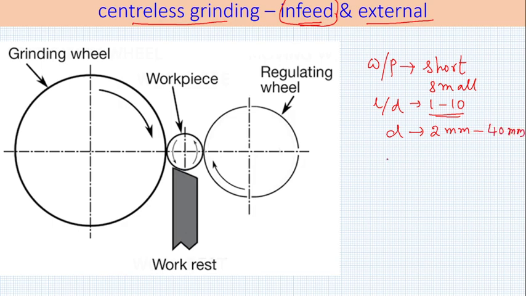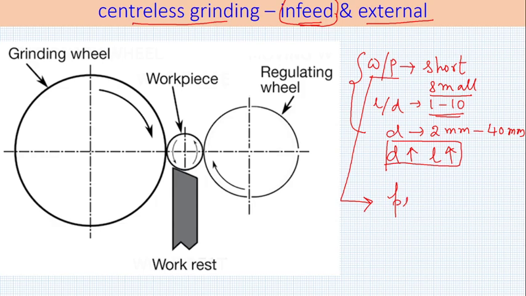But today I am going to show you a video where diameter would be large, even length would be large. That kind of machines have also come, and that I will show. But typically, if someone says centerless grinding, it is a short, small workpiece with this kind of L by D ratio and diameter. This kind of workpieces are primarily called a pin or a spindle. They are not called a shaft. These kinds of workpieces are processed in centerless grinding. So what happens? This is your workpiece. This is your grinding wheel. At the periphery of the grinding wheel, you have grits.